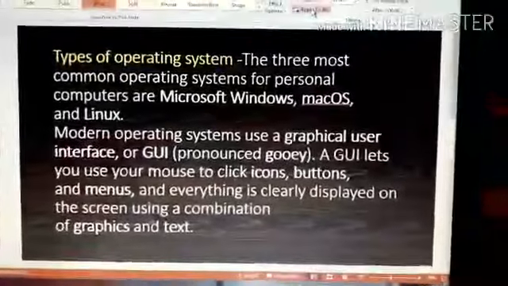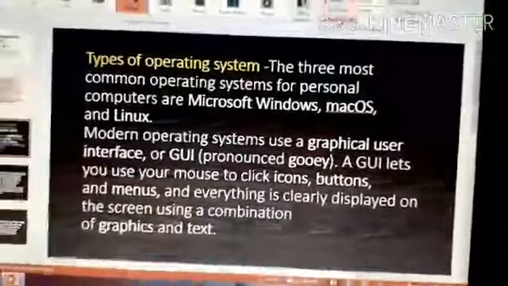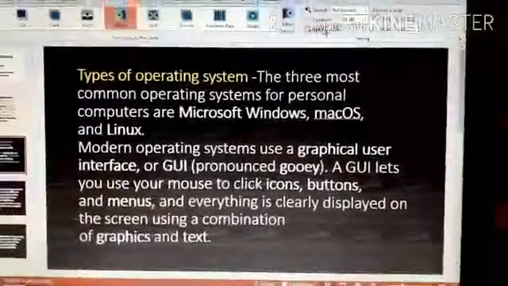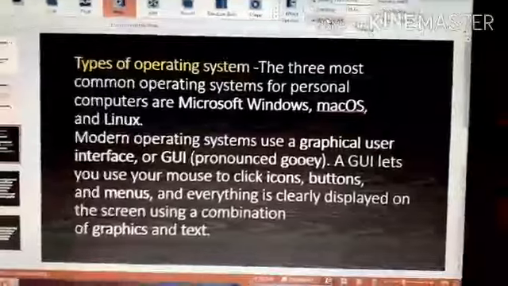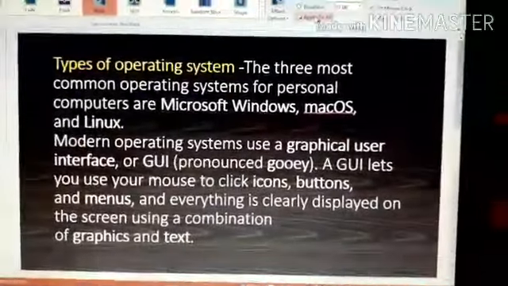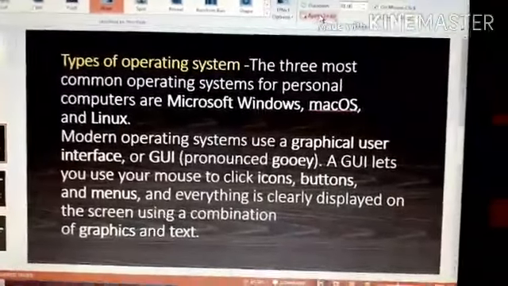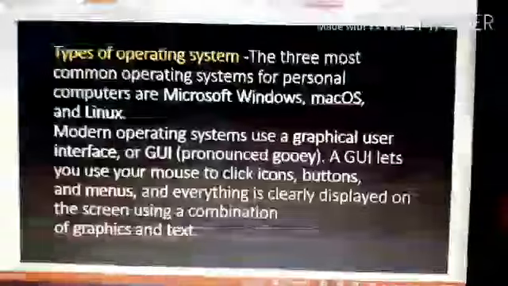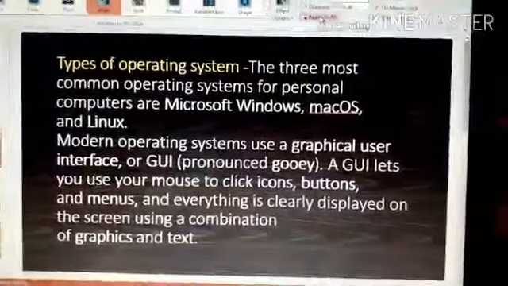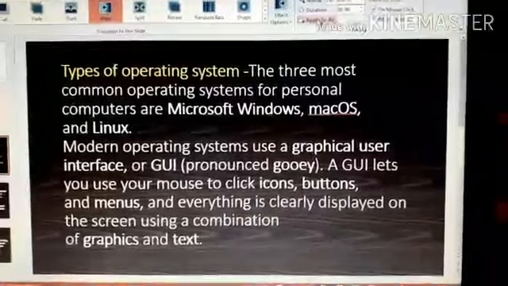This Linux is very difficult to run because it is a totally command based operating system. That's why we don't commonly use it, but commonly we use Windows. GUI is also an example of this. GUI is graphical user interface. The machines which we are using now, we just click and they give us the output. It totally depends on the GUI, graphical user interface.